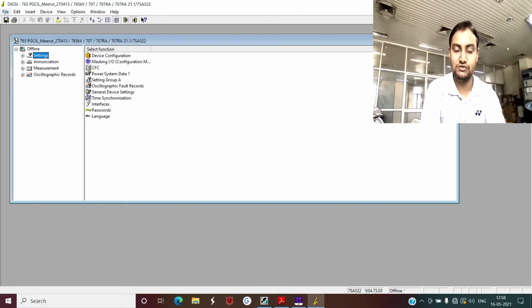If you see above, you will have these options: file, edit, insert device, view, options, windows and help, and these are basically the same as are available in any kind of software. So we will not discuss these things.